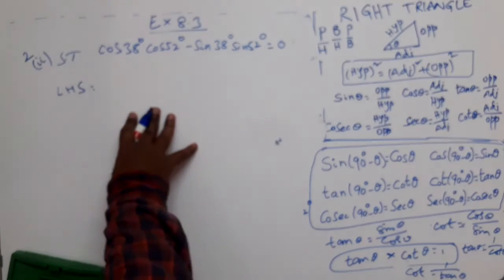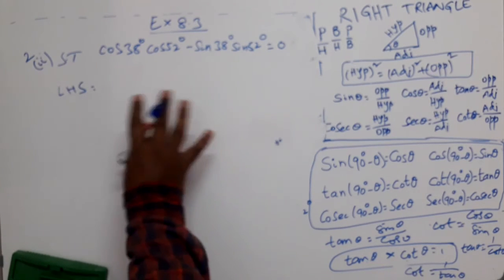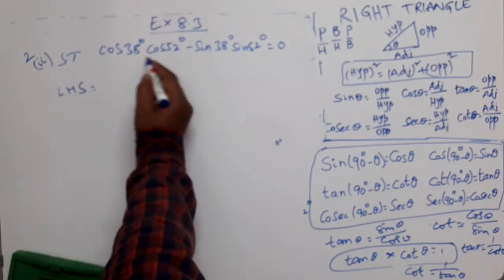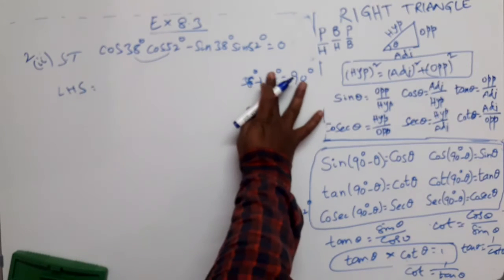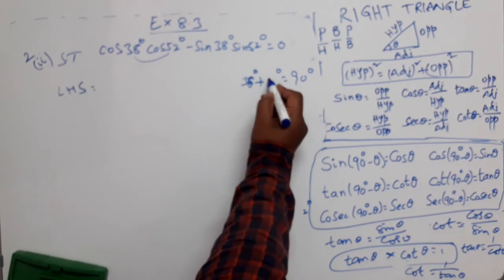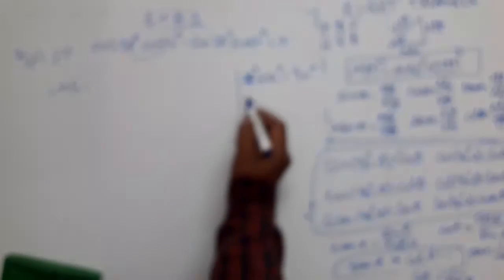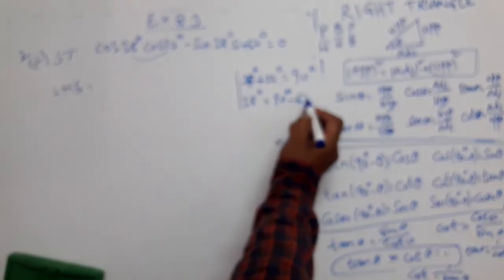Yes, you are searching for complementary angles. You are searching if any two angles are complementary, that is, whether the sum of two angles is 90 degrees or not. Yes, this is 38 degrees, and one more angle is 52 degrees. What is the sum? 38 degrees plus 52 degrees, of course, is 90 degrees. That's how the question is framed, because he also wants you to use these six formulae. That's why he is framing the questions like this. So 38 degrees can be replaced by 90 degrees minus 52 degrees.